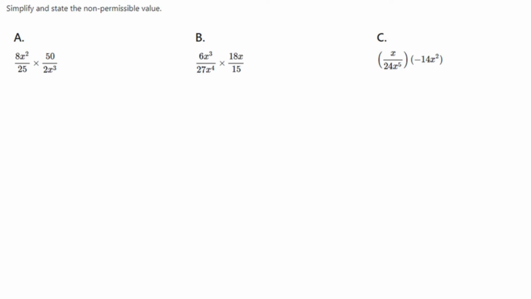Simplify and state non-permissible values. Whenever we are multiplying rational expressions like this, it is always worth starting by looking at if there's any simplification you can do right off the bat by reducing